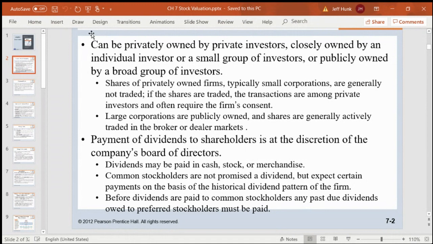Obviously, this is not the favored method of getting the dividend. So anyway,